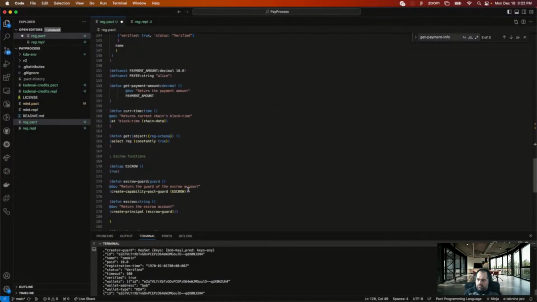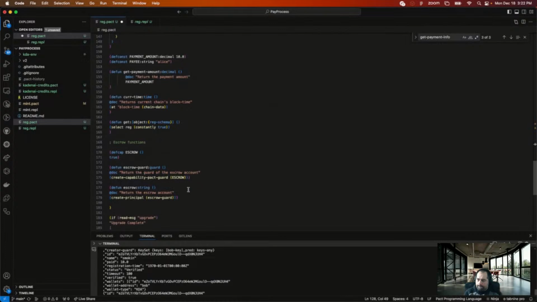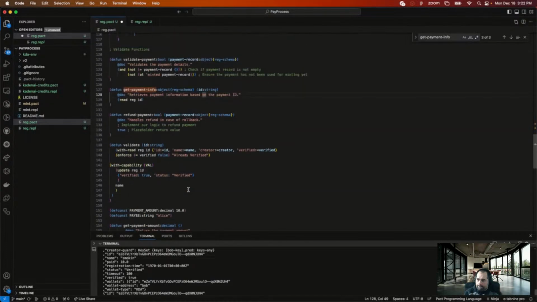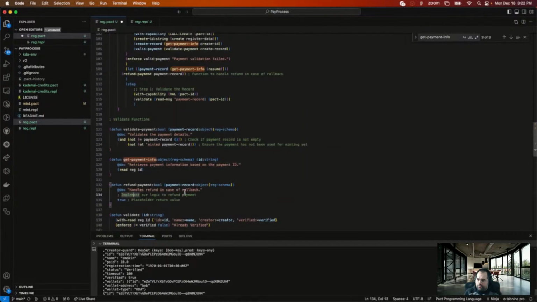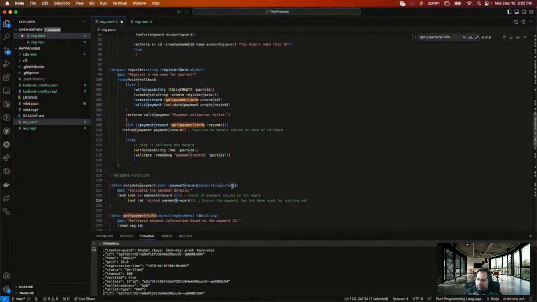So then refund, validate. First we create, and then we have a chance to refund, which will need a capability, and then steps that we validate, then everything should be good. That's cool.